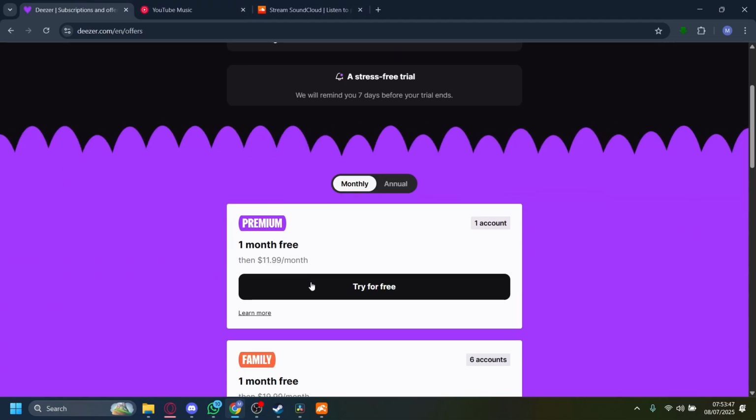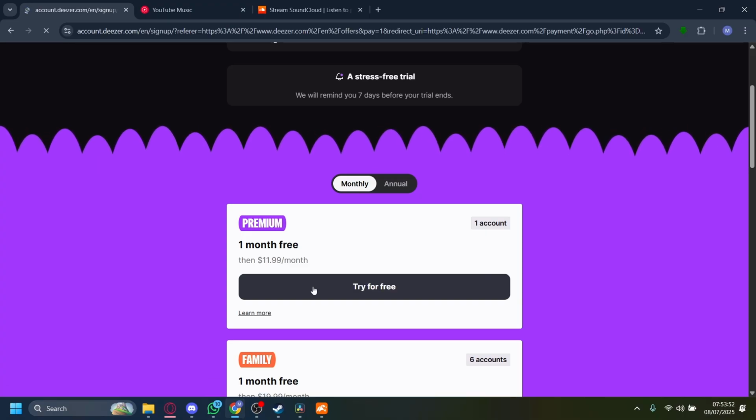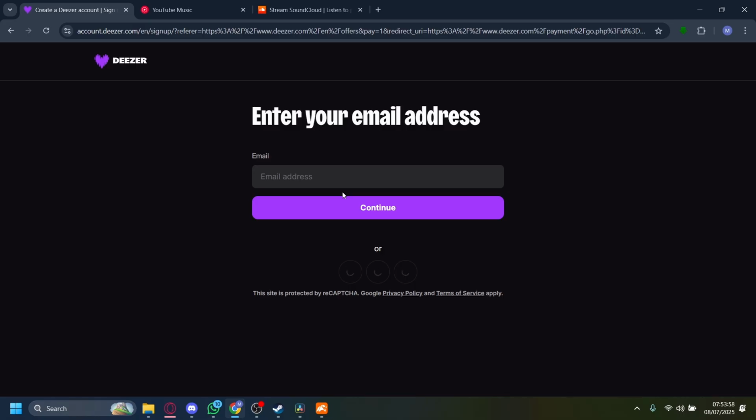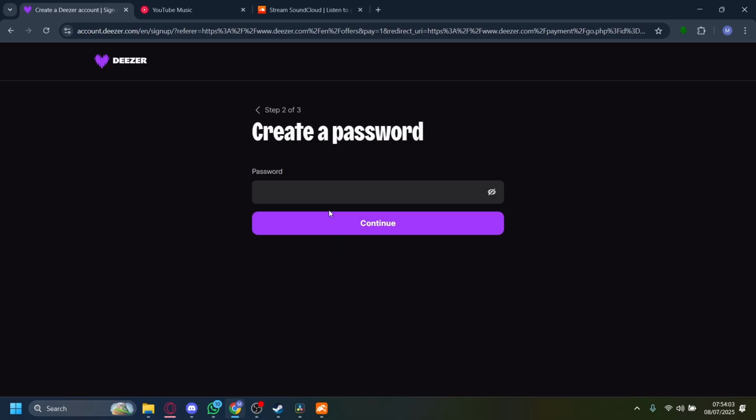Deezer is a strong alternative, especially for those who enjoy curated playlists and music discovery. Its free tier includes access to over 90 million tracks, although shuffle mode is enforced on mobile. However, users can often access premium features like offline listening, unlimited skips, and high quality audio through limited time trials